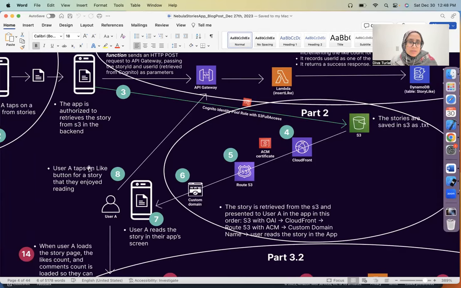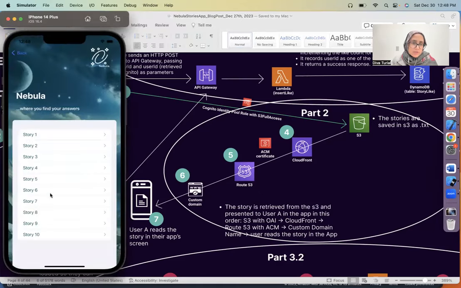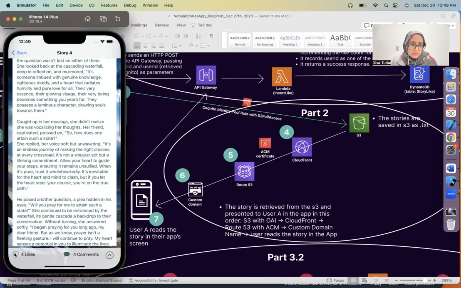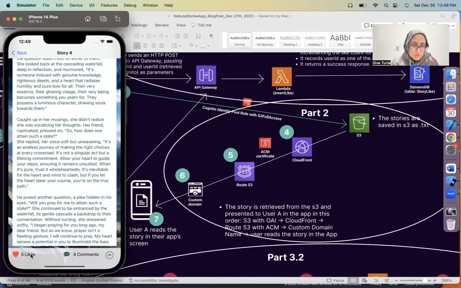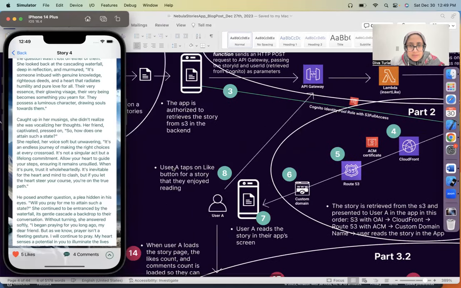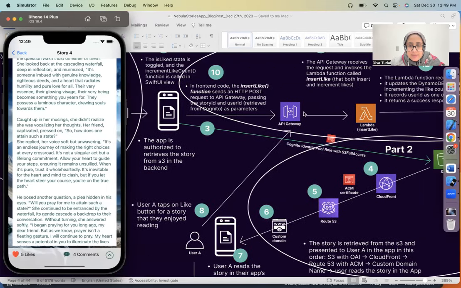So a user A taps on the like button, for example. Let me just do it right in front of you. Let me go to story number 4. I think I haven't liked it. So now I'm a user, I click on the story, right? So here you go, the likes actually increased. I tapped on a story. So user A reads the story, they like the story, and then what happens is